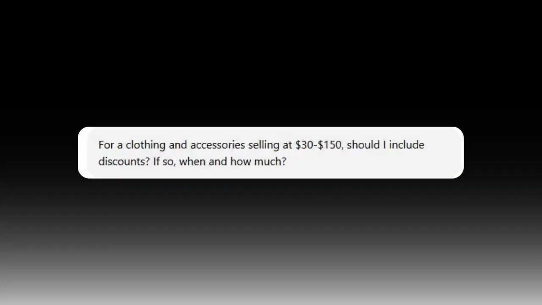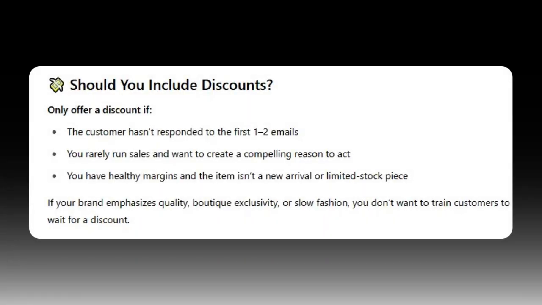So this says for clothing and accessories selling at this particular price point, we're saying $30 to $150. Should I include discounts? If so, when and how much? So AI gives us a response here too, and gives us a little bit more strategy. It says to only offer a discount if the customer hasn't responded to the first email or two. Maybe as a business, we rarely run sales and we want to really give them a compelling reason to go ahead and purchase. It could depend on the particular product, depending on how much automation you have available to you